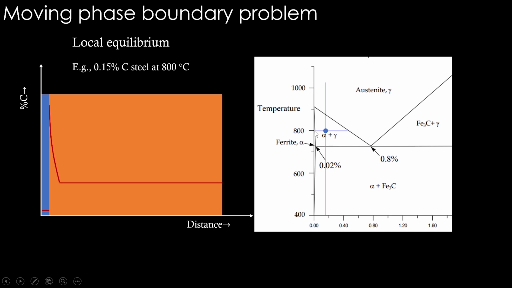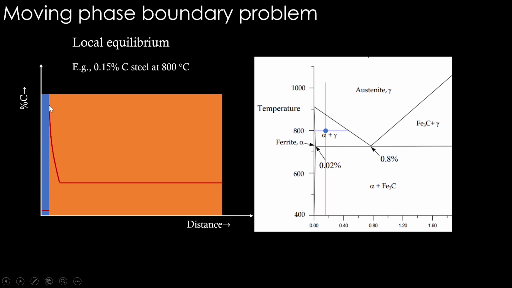We can talk about if at all ferrite forms, ferrite should have this particular composition, and if gamma touches that ferrite that has nucleated, it should have this composition, whereas the composition of the material at large is going to remain here because it's not going to immediately convert to these equilibrium compositions. When the nuclei forms, we will have these compositions at the interfaces as indicated by the tie line. Very low carbon, somewhere near 0.02, and very high carbon, somewhere near 0.42. This is near 0.42, and this is less than 0.02 or so.